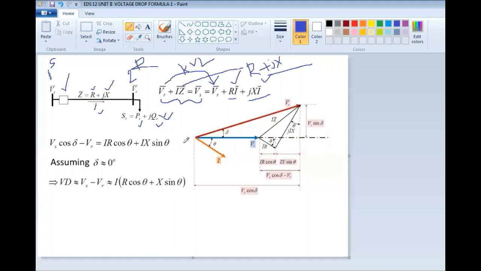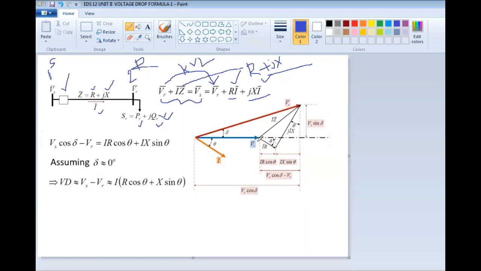Now for this, you draw the phasor diagram. You take VR as the reference phasor. As it is an inductive load, that is, it takes lagging reactive power, the current lags the voltage at the receiving end, at the load. I lags the voltage VR by an angle theta. So first draw the VR reference phasor, and after that the current I lagging VR by theta.